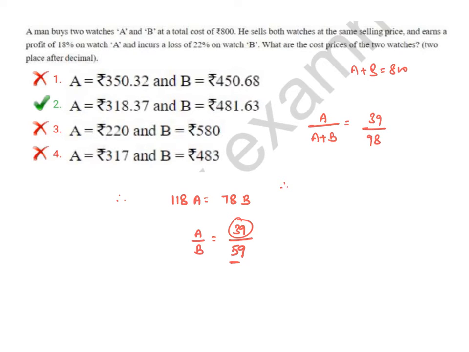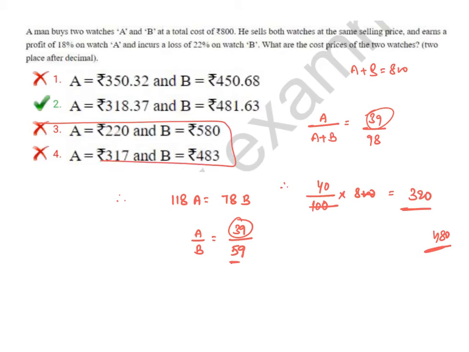Now I am assuming it as 40 by 100, close to the value, but we know that you will not get perfect integers for sure. 2 zeros cancel, so it is very close to 320, but it is a little less because we have taken it as 40 instead of 39. We must have taken it as 39. So it is a little less than 320. If it is 320, other one is 480. So definitely these two will not be your answer because he is asking you the answer in decimals. So definitely these two should be the answers. And which one best fits? A is equals to 318.37 and B is equals to 481.63.